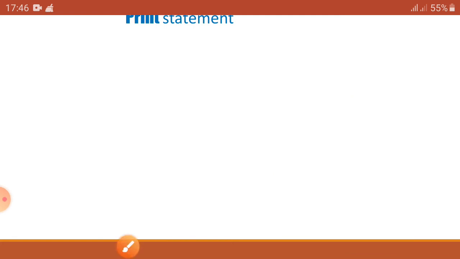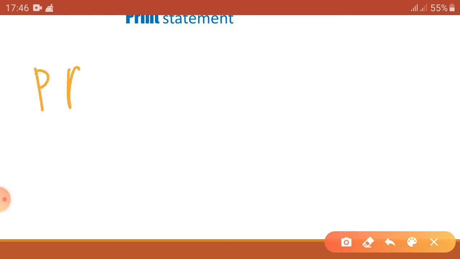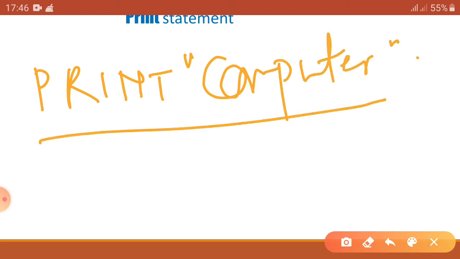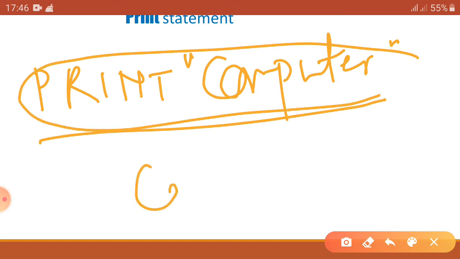Look very carefully. If we want to print text, we just have to write the print statement at the beginning and write the text whatever you want to print on the output screen in between double quotes. Suppose I write computer inside the double quotes, it will print only computer on the output screen.